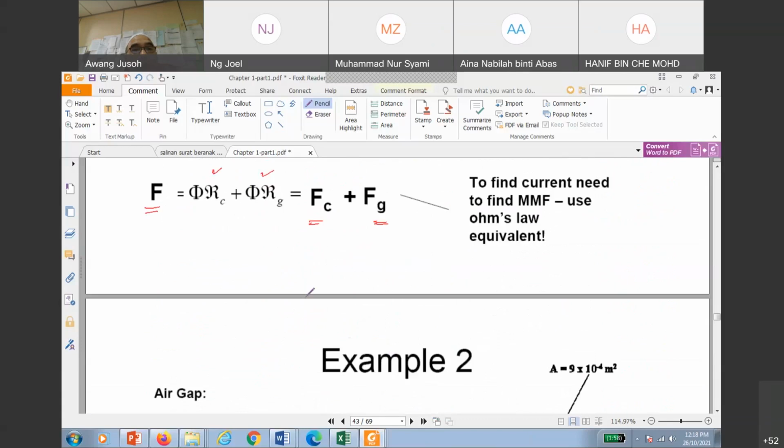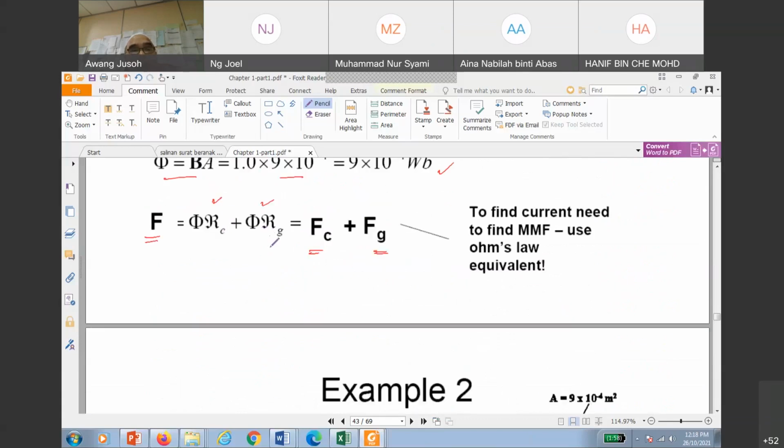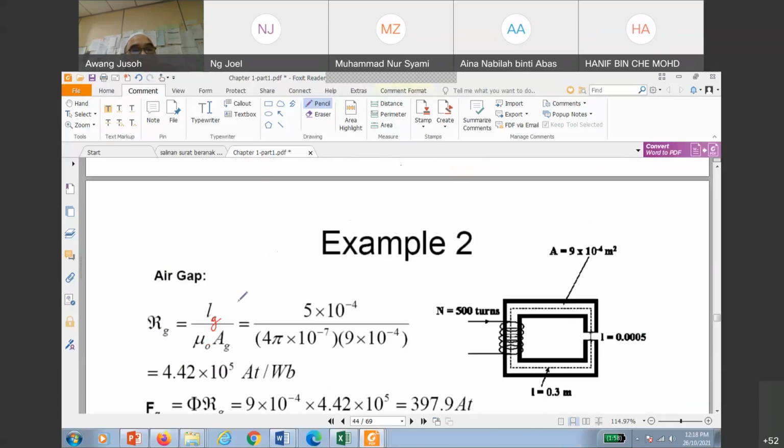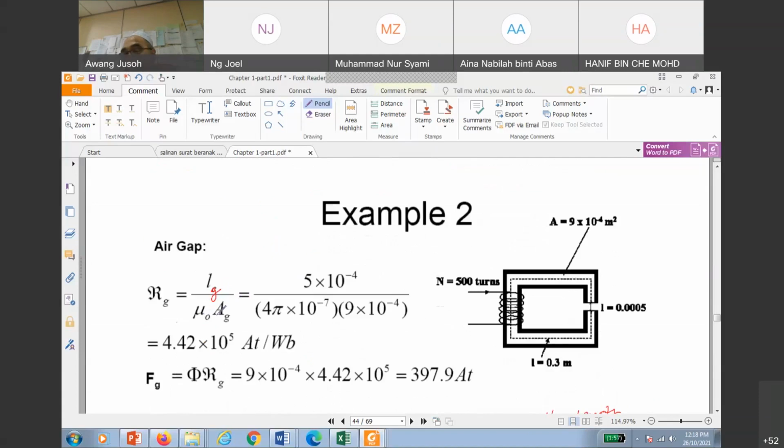Okay. Now find the RG. What is RG? It's the reluctance of the gap. So our reluctance of the gap is L over mu naught A_G. Mu R, how much? Equal to 1. So don't worry about mu R, because for this air gap, mu R equals 1. So just put L_G. And in your slide, they put L core. So make a correction there. It should be L_G.